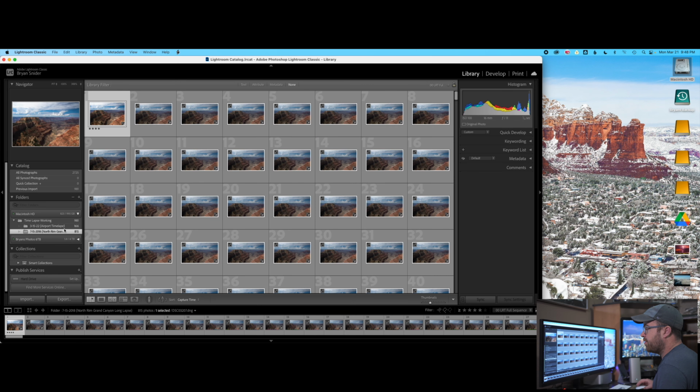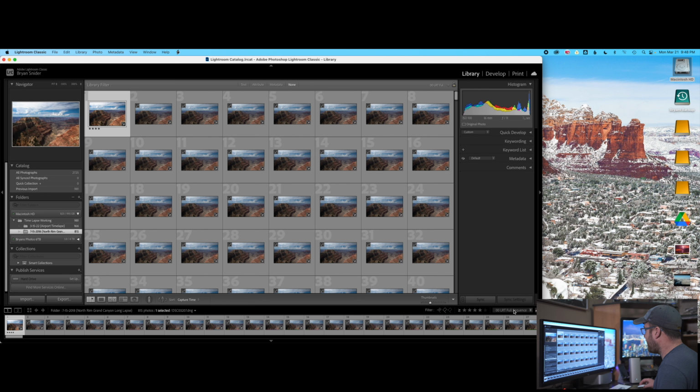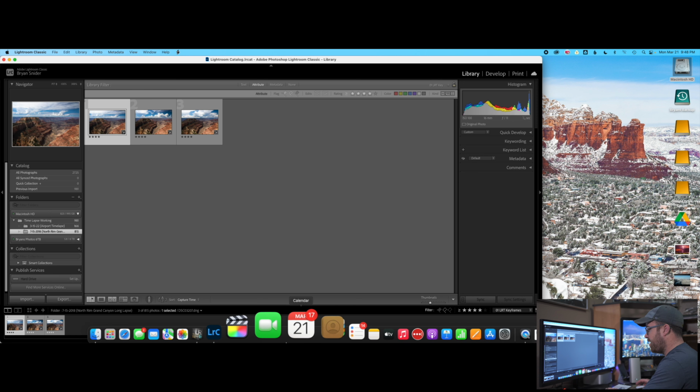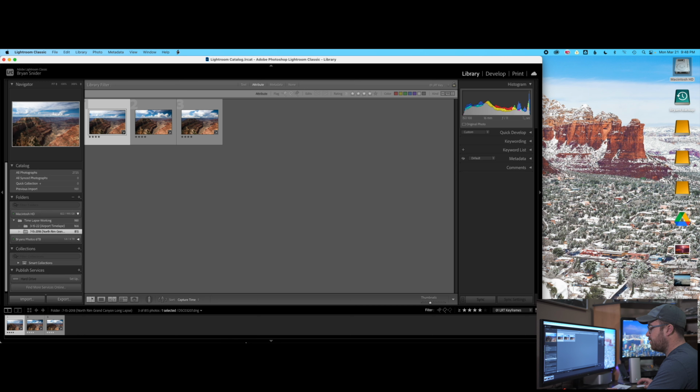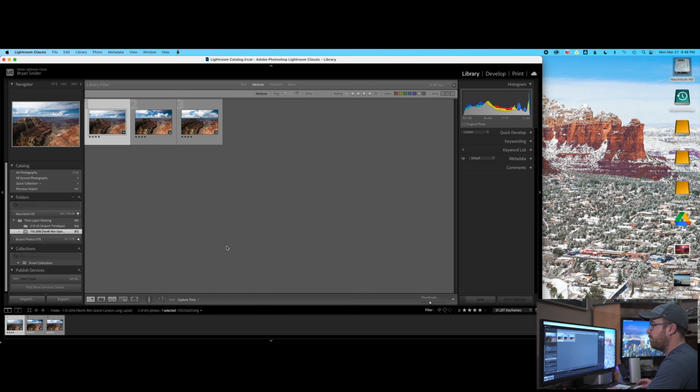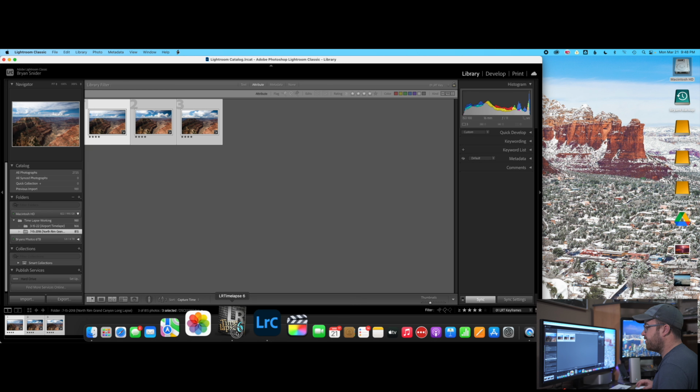And I'm going to bring up this Grand Canyon time lapse. In fact, I've already edited this so that we can speed up this whole review process, and that way you're not waiting on me to edit it like the other one. In fact, that sequence I believe is already loaded, so yes, it's loaded. So I'm going to go ahead and save my frames, and then we're going to come back over to LRTimelapse,